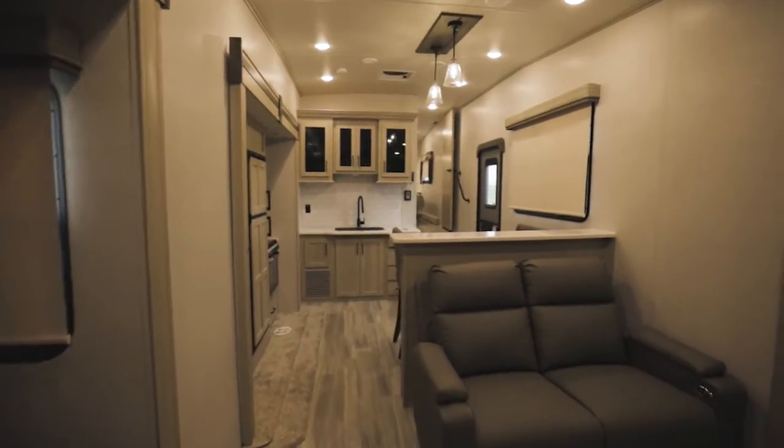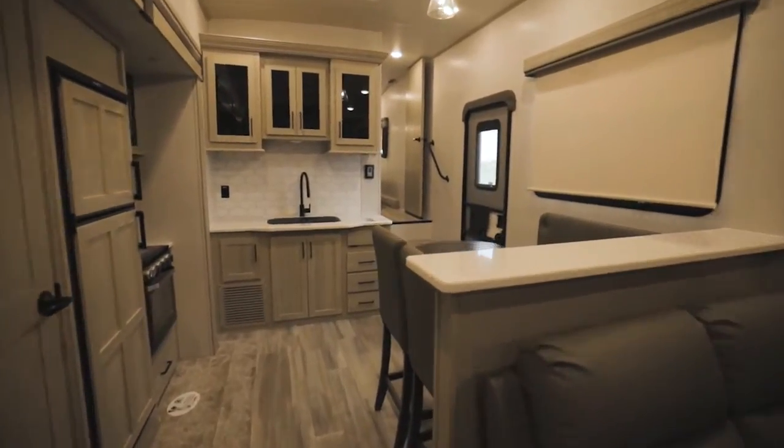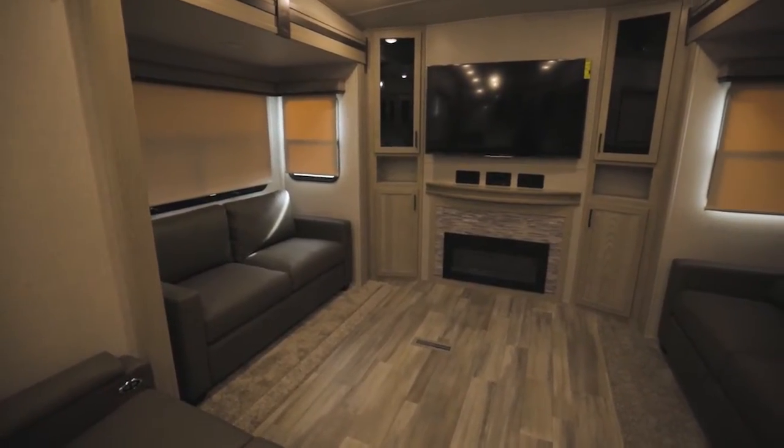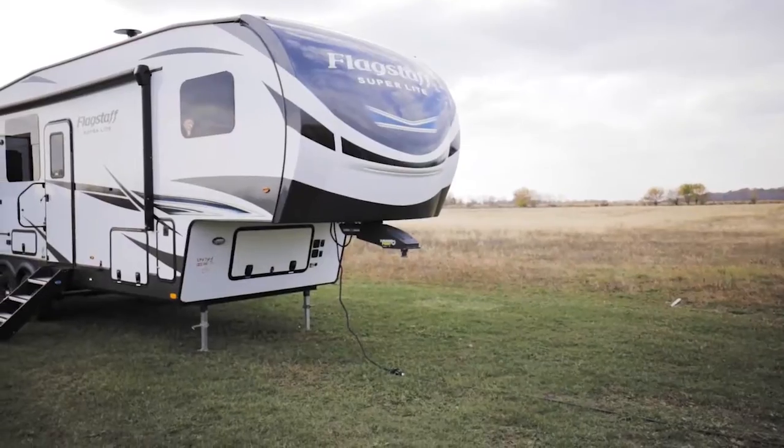Big pantry, seating for 8, 9 people easily. It's got a large entertainment center in the back. Everything that you want in a fifth wheel for entertaining or having people or just enjoying family time, this has it all. Can you take me, Andre, kind of on a visual tour, if you will, what it looks like